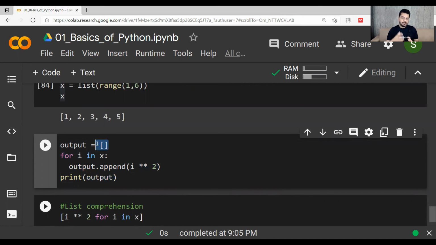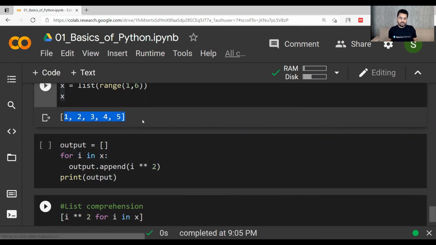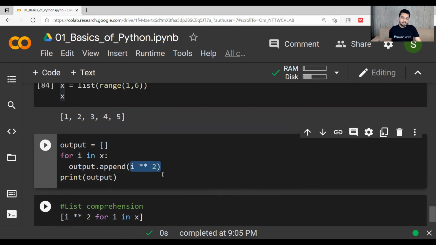I will explain list in detail, but for now you can think of this as an array. Okay, x equal to empty. For I in x, which means 1 to 5, x dot append I exponent 2. So you have to square every time the value of I and append it into the output. So this array or list will be updated every time.